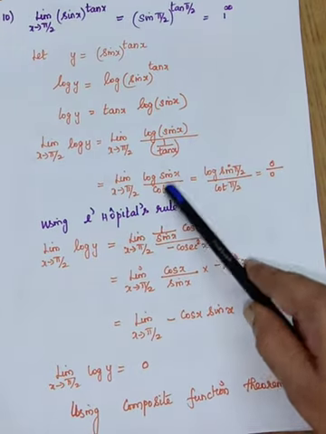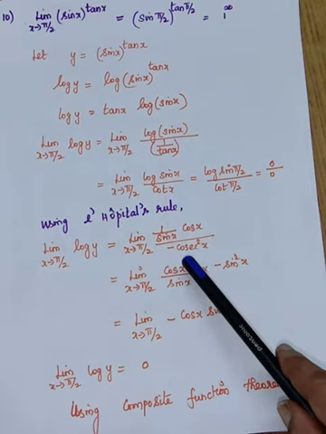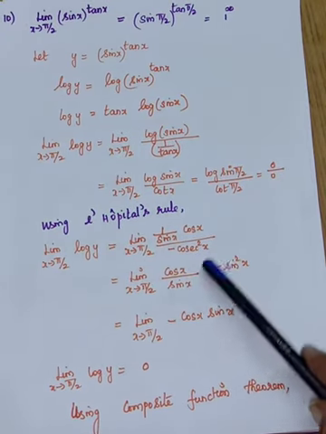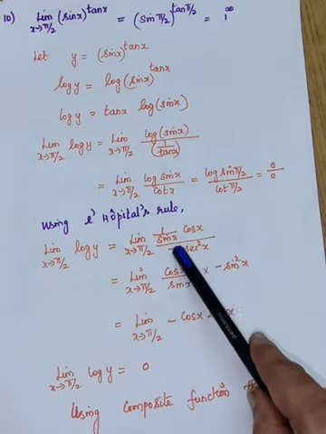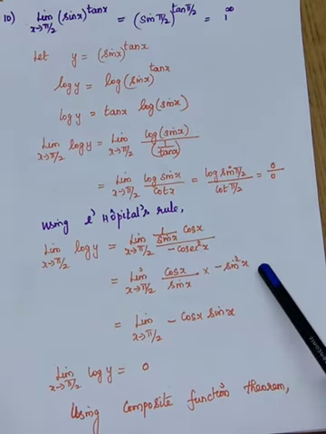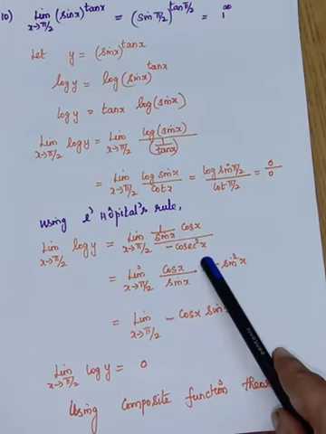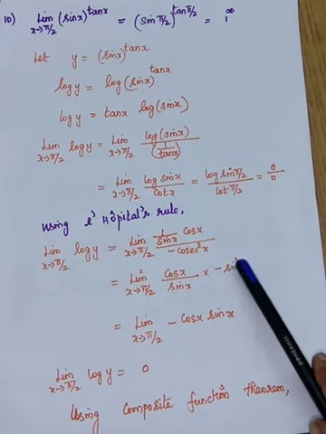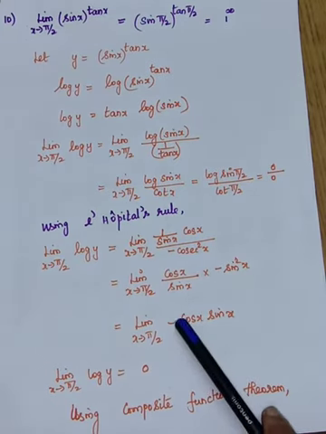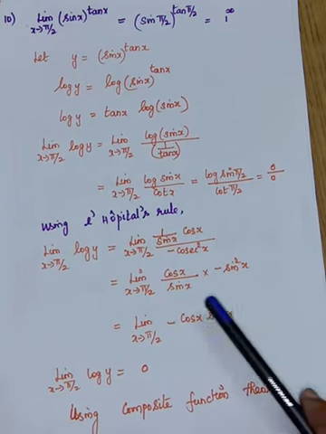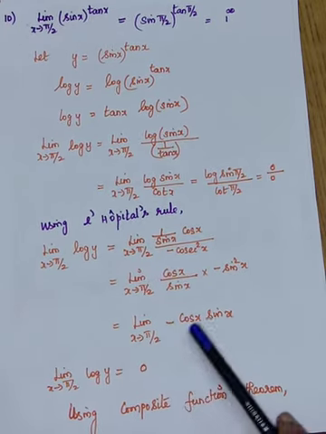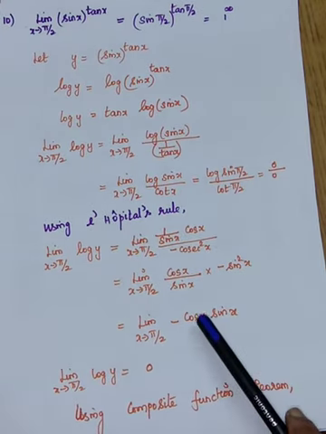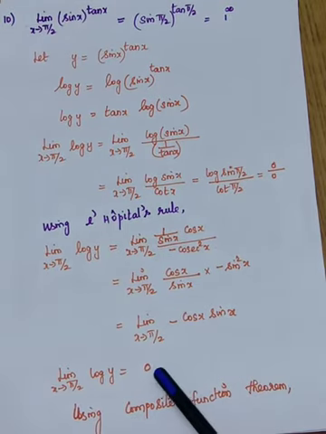Come to the denominator, cot x. So the differentiation of cot x is minus cosecant squared x. Okay, so see now, this minus cosecant squared x can be written as minus sin squared x, because 1 by cosecant squared x is sin squared x. So this 1 by sin x and here sin x get cancelled. So here your answer is minus cos x sin x. When you apply x tends to pi by 2, cos pi by 2 into sin pi by 2. Cos pi by 2 is 0. So 0 into 1 is equal to 0.